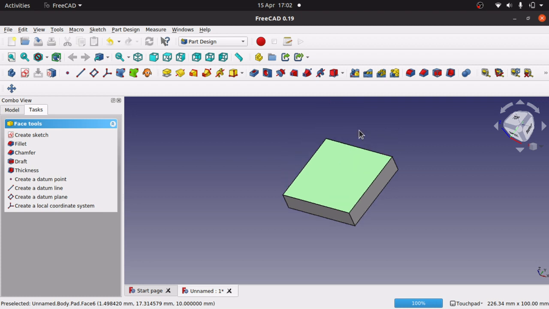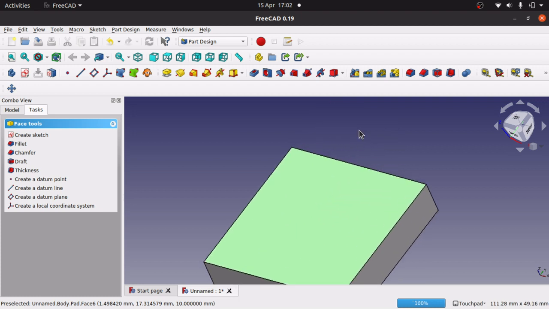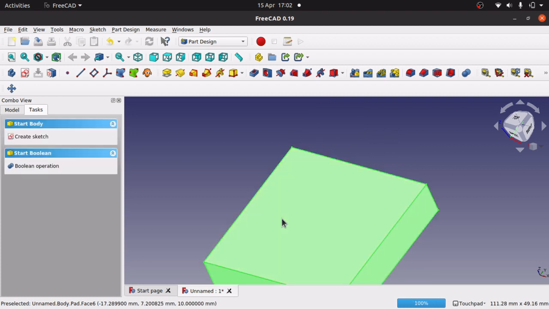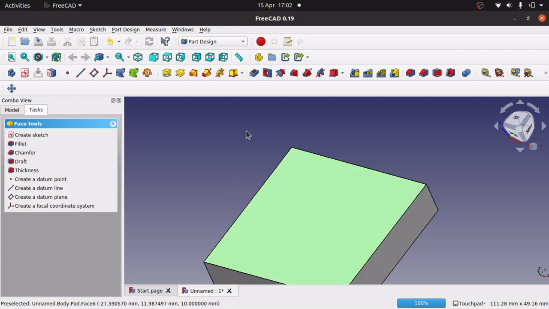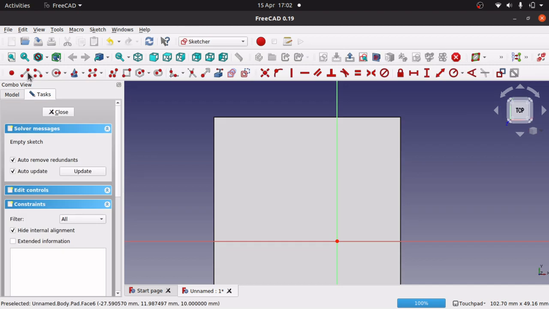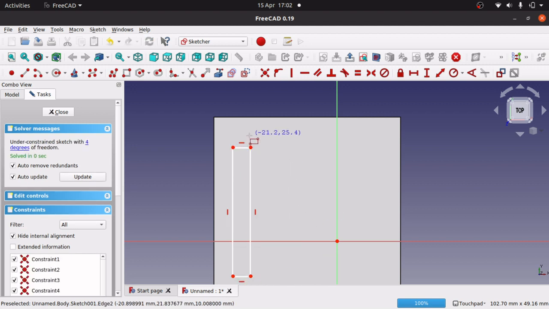and I want to make a feature on this base. So I'm going to click on that face and create a new sketch. We can see it's off, and I'm just going to place a simple sketch along here, and I'm going to hit escape and bring in this side line here, and I want to constrain it to that side line,